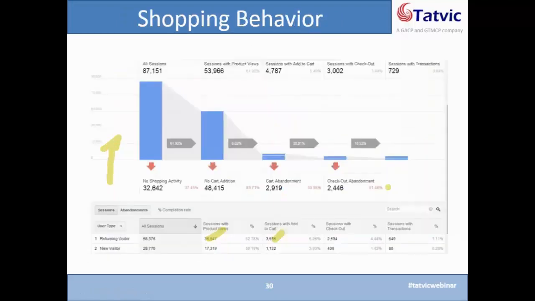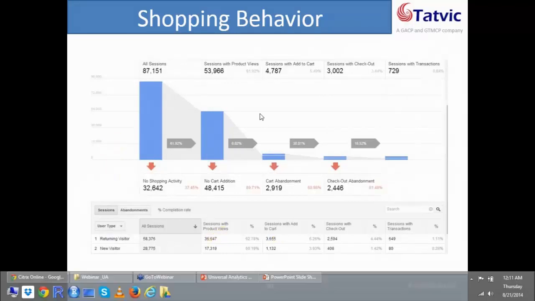Next report that I'm going to show you is the shopping behavior report. And this is one of the out-of-the-box reports of Google's new enhanced e-commerce. This report can explain how progression to the transaction is happening. How there are different sessions, and then sessions with product view, and then sessions with add to cart, checkout, and the transaction. If you take a look at this report, you can immediately identify that